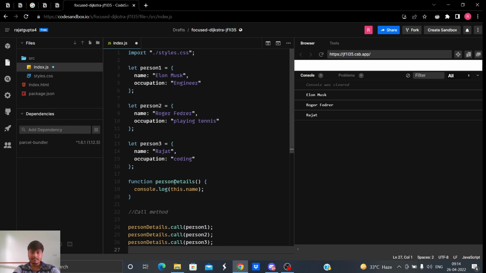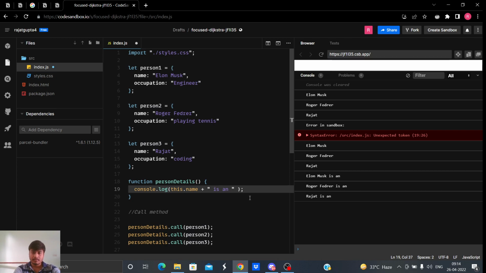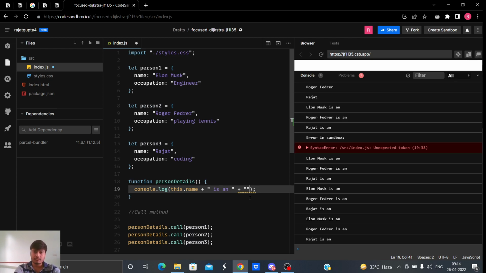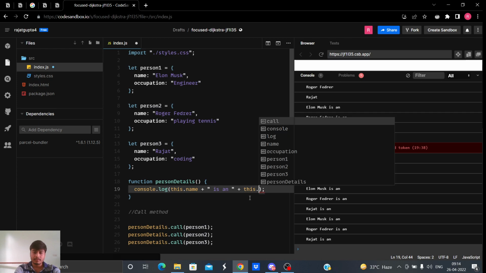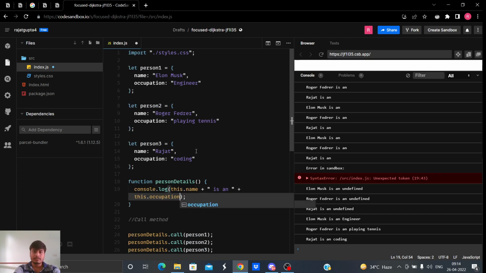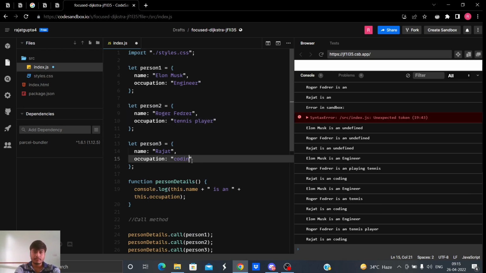Let's say this method has something like this.name is an, let me use this occupation too, is an this.occupation, and instead of playing tennis I'll write tennis player, instead of coding I'll write coder.